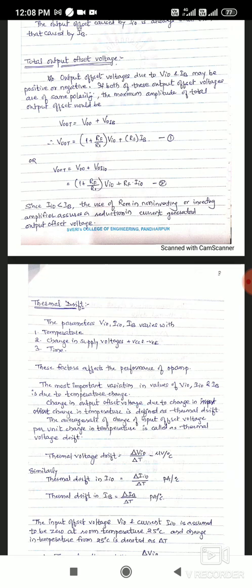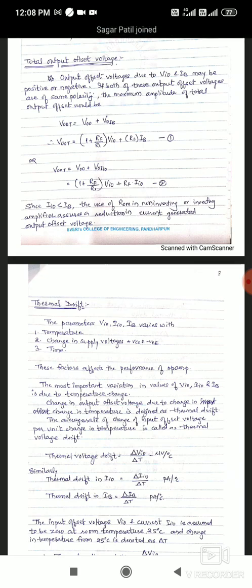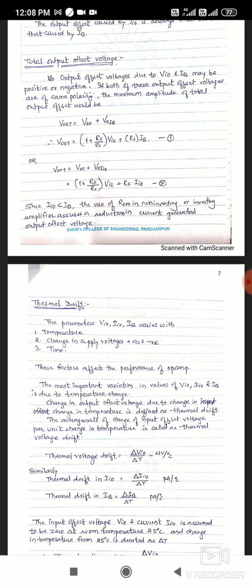So we are currently discussing unit number 2, that is the practical op-amp and frequency response of op-amp. Now, in this chapter, we have started to discuss the electrical parameters or specifications of practical op-amp. Up to the previous lecture, we have completed a total of 6 parameters. I will tell which parameters we have completed.